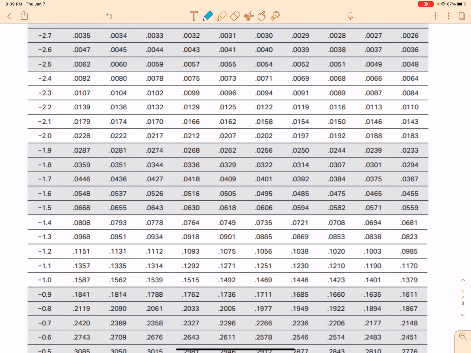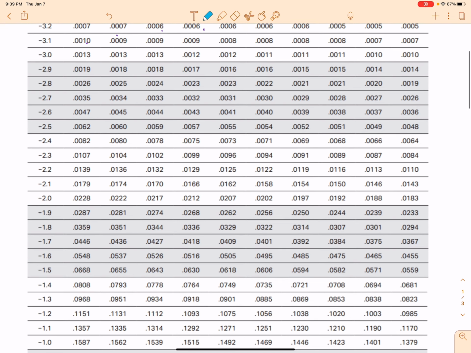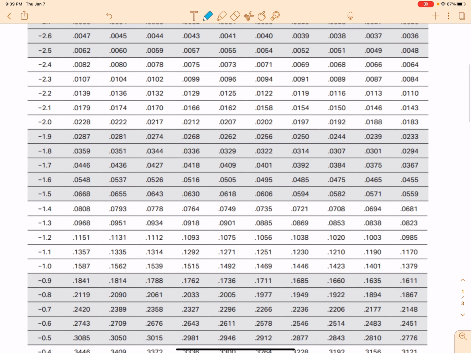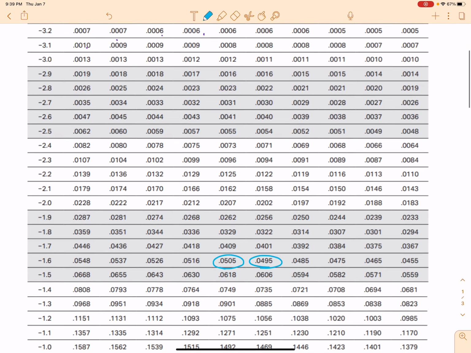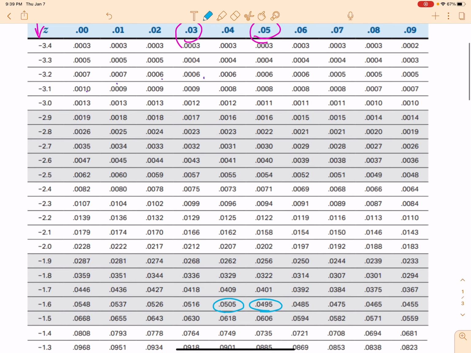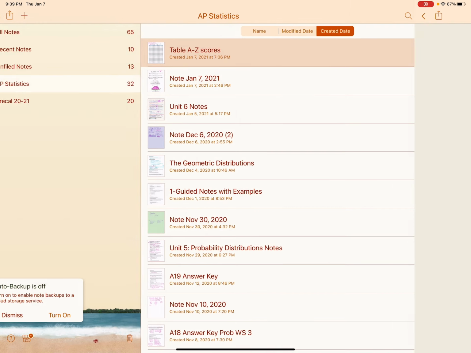Okay, so 0.05. What's the closest one to 0.05? We've got 0.05 here, or this is pretty close. It doesn't really matter which one you pick because they're both the same distance away from 0.05. So if we choose negative 1.64 for that one,